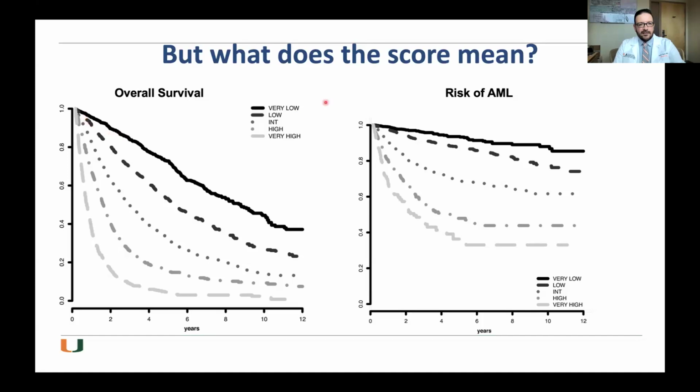And if you're not used to looking at these survival plots, they start on the left at the time of diagnosis, when no time has passed and all patients are alive, or 100%. If you convert this 1.0 into percentage, it'd be 100% of patients are alive. But then if you follow the black solid line for the very low risk, the best score you can get, the best categorization, over time, again, not all patients are equal within these categories, but you can see